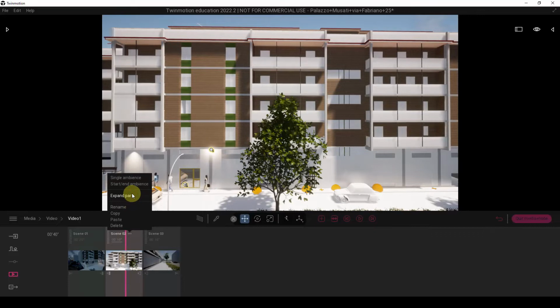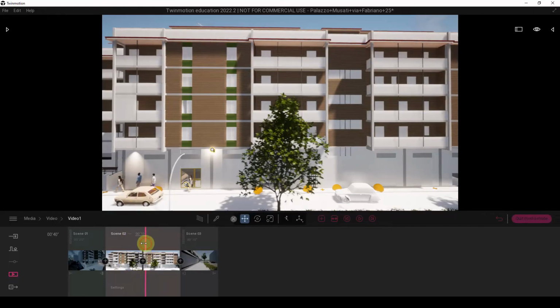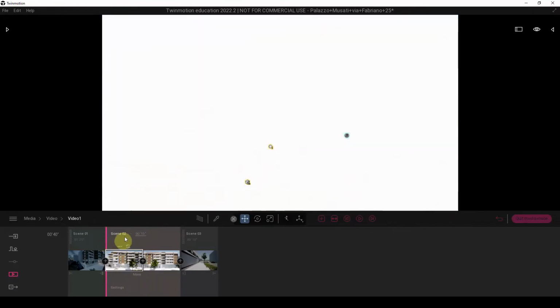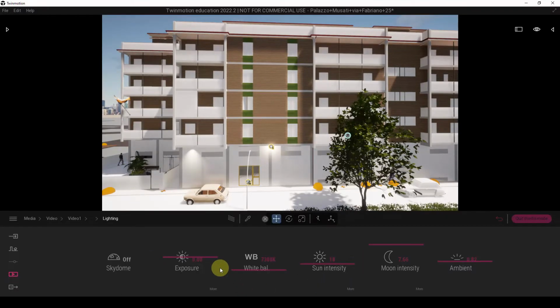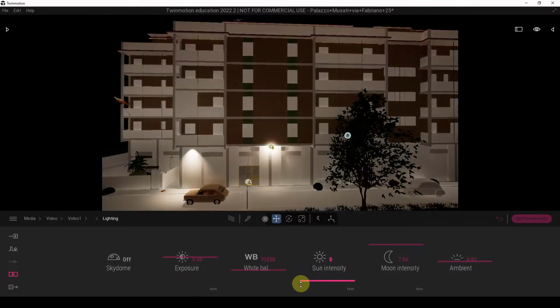So I will just expand this part here, and the same thing, I'm going to click on the three dot button here and click on start and end ambient. So you notice once I've done this, the settings word is gone and the start and end buttons will appear. So I will click on start, and this time round I will change the lighting and I will set the sun intensity from very low,